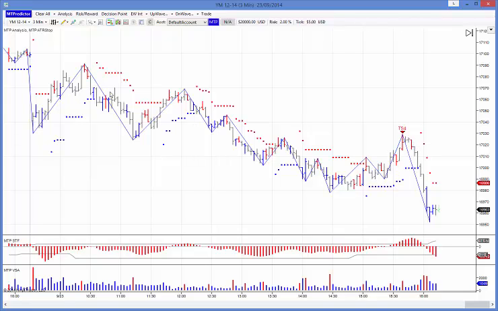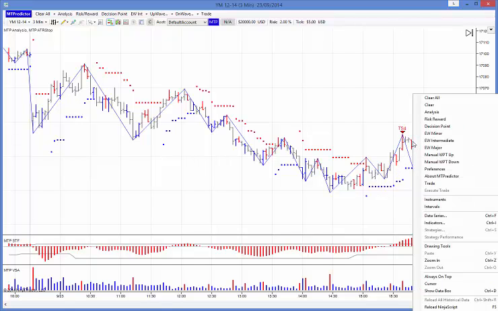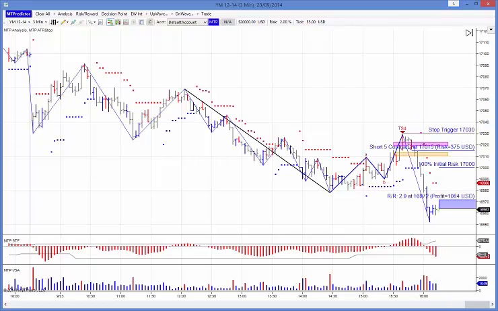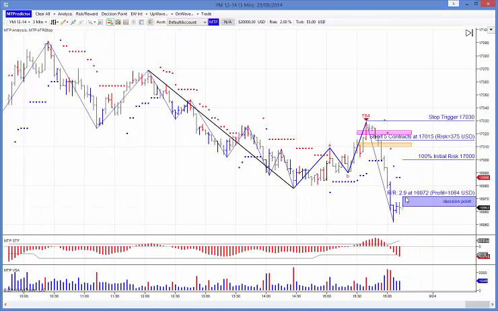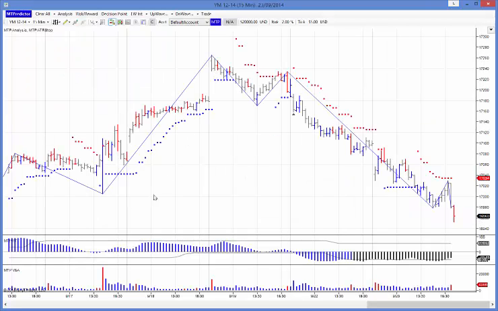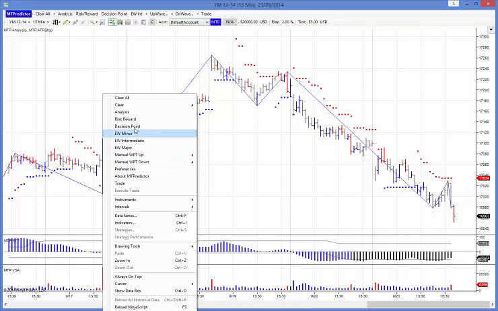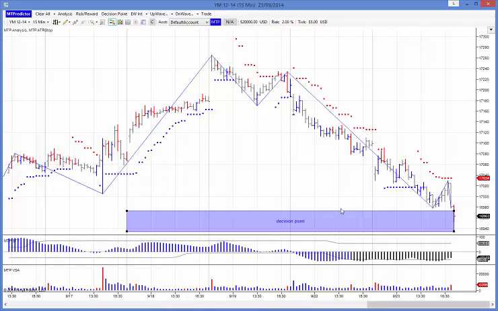So if you had said, right, okay, now the large degree trend is down, because the market was carrying on moving down, let's place our analysis on here, and that would have actually given you a nice 2.9 hour profit. So even if you'd lost -1 hour on the ES, this would have more than made up for it later on. In fact, I'll just put the large degree trend on here so you can see this. So let's go to the 15-minute chart. Here's the last move up into the high, so there's the high. So let's place the DP on from here. We place the DP on from here, and as you can see,